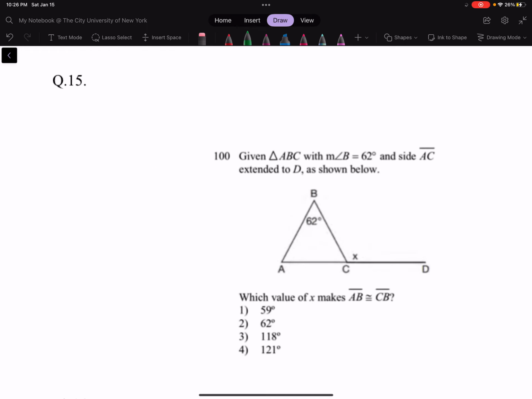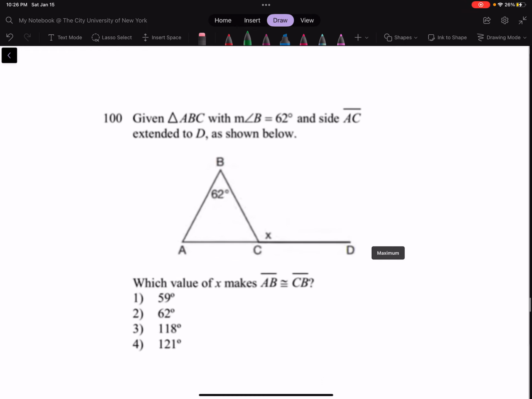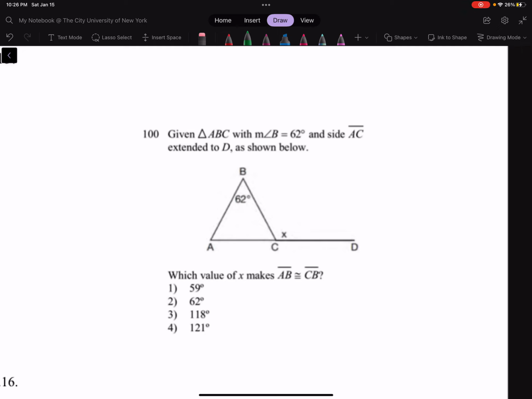Okay, then we go to number 13, which is again an exterior angle theorem. Triangle ABC, the measure of B is 62, that's given, and side AC is extended to D, as shown below. Which value of x makes the triangle isosceles? This is a little technical, AB and CB, okay? So they want us to show that AB and BC are congruent. So if they are congruent, we'll have to have